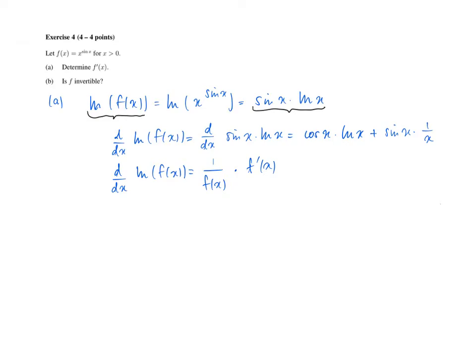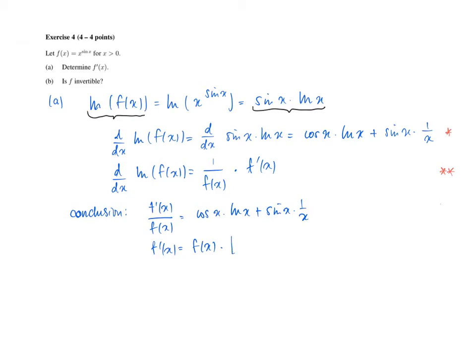So if we now combine these two facts, then the conclusion is that we know that f prime of x divided by f(x) equals the cosine of x times the log of x plus sine x times 1 over x. So if we multiply on the left and the right with the value f(x), then we're done, because now we see that f prime x, or the derivative of f,